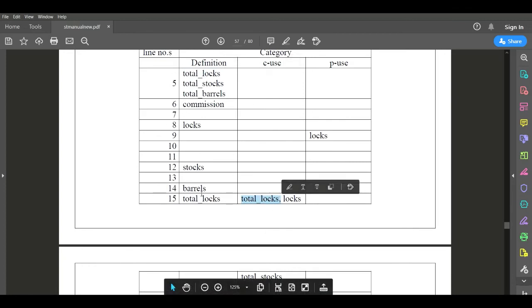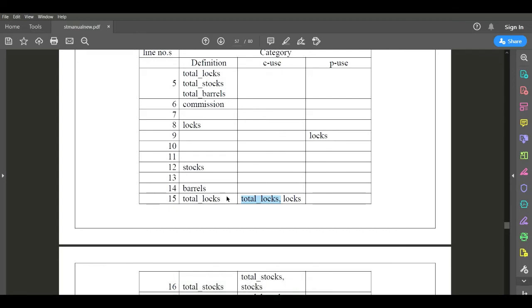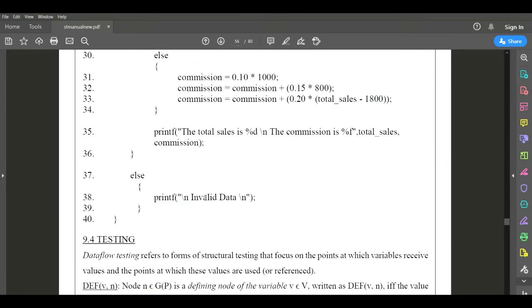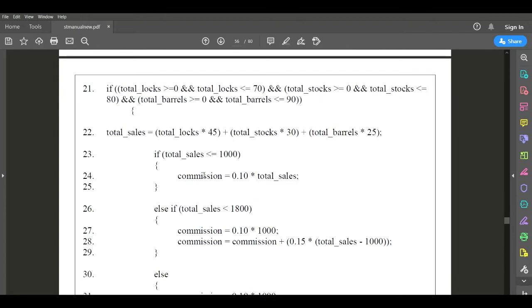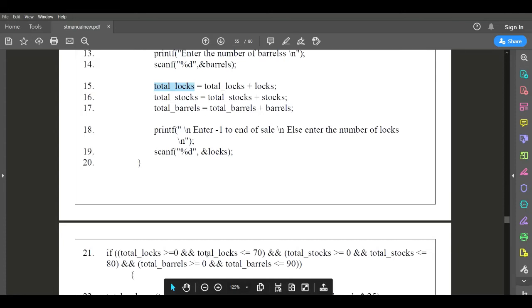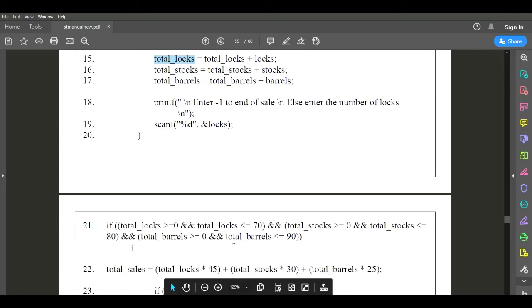I have just explained this. Now the value which is defined in line number 15, where am I using it? You can see here 15, this total lock is redefined. This new value, which is initialized after doing the computation, where am I using it? I am using it in line number 21. How? As a predicate node, correct? Total lock value I am using as a predicate node.